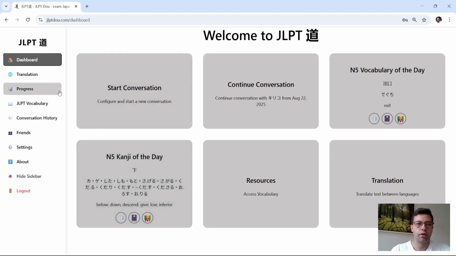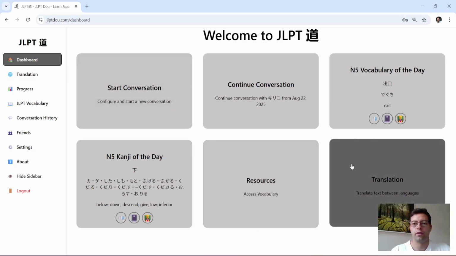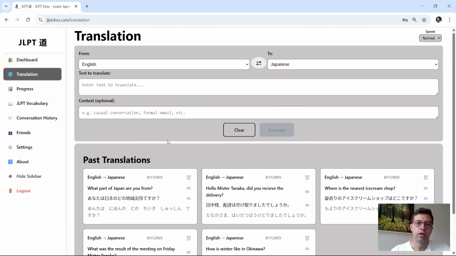the translation part you either click on this menu button on the left or you click on this dashboard card. So let's go. On the translation page, at the top you see your current translation and below you see your